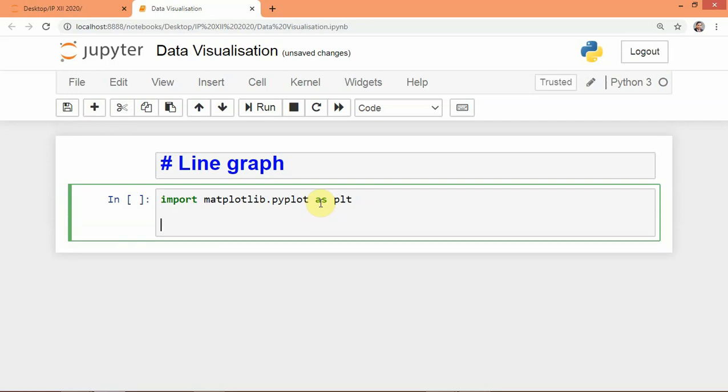Next, we will take one list L1. L1 is having some values 10, 20, 30, 40, 50,